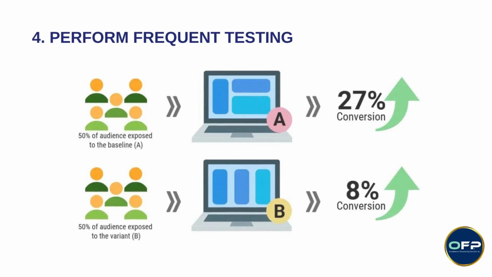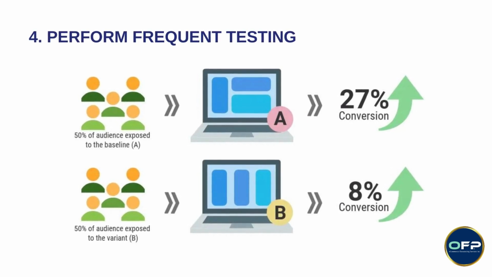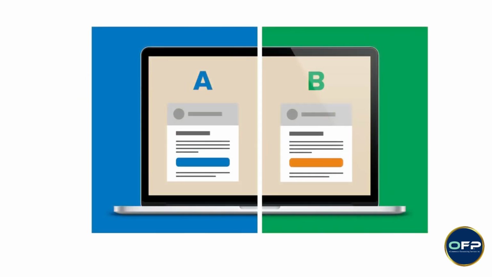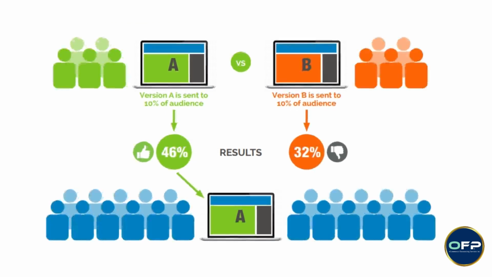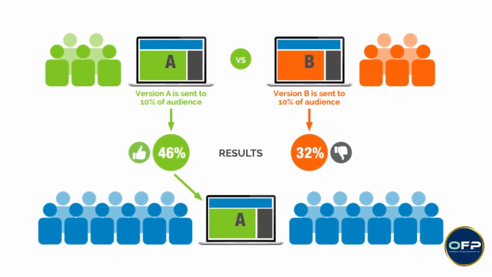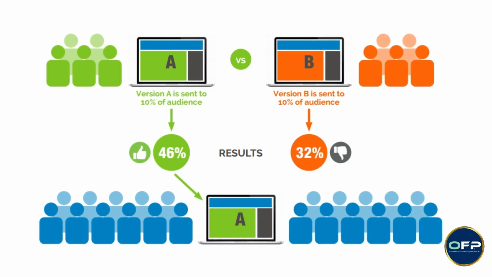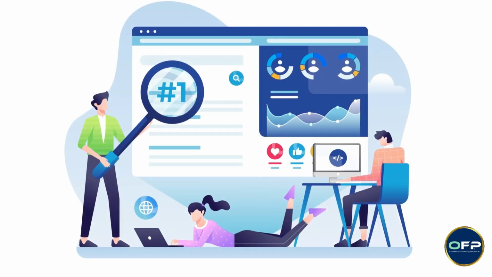4. Perform frequent testing. One of the best tips for increasing your PPC conversion rate is to A/B test your landing pages. In an A/B landing page test, you create 2 variations of your landing page. Then you show each version to a different randomized audience to see which one performs better. You can use the highest converting version and use the insights to inform future campaigns. You can test many aspects of your landing pages, from your images to how you phrase your CTAs to your offers themselves. Many marketers test slight variations of their landing pages, such as different colors for their